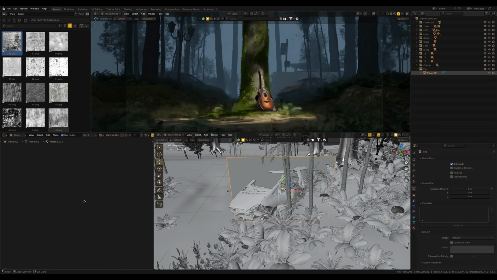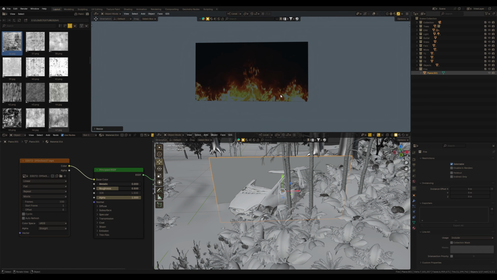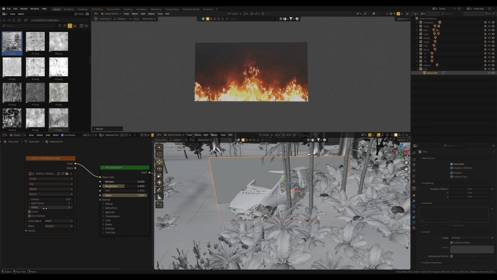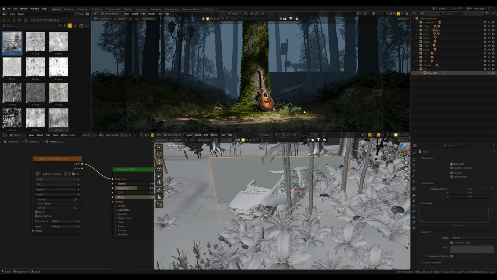Then I create a new material, and I drop in video footage of fire, which we can see in the 3D viewport. You could use a still image of fire, but using video footage has a big advantage. Even though this is still artwork, I might decide to animate it later, who knows. Since the video footage has many frames, I can shift the frame with this offset to pick a more interesting frame from this footage. Plus, I can duplicate this plane in other parts of the scene, adjust this offset and get different fire effects from one footage instead of using multiple images.